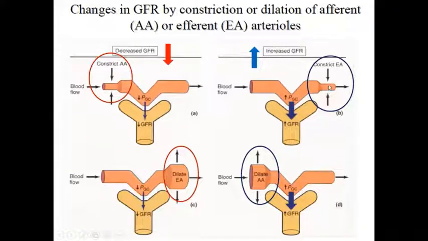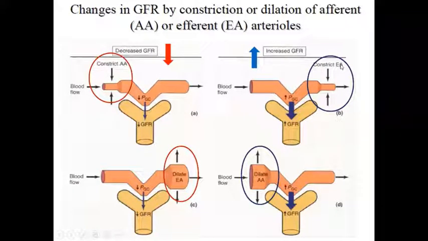If the efferent arteriole is reducing in diameter, there will be fluid accumulation within the capsule here, because the fluids can't easily move into the efferent because the diameter has reduced there. So there will be accumulation of fluids, and the hydrostatic pressure is going to increase. If you have an increase in the hydrostatic pressure, then it simply means that the glomerular filtration rate is also going to increase. So if I have an increase in the glomerular filtration rate, that is due to constriction of